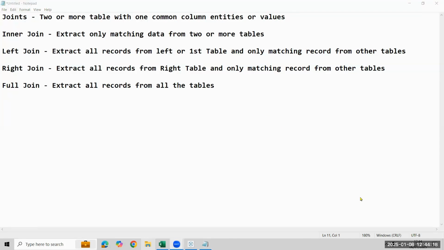So the first question here is joins. When I'm talking about matching data and all, it is referring to multiple tables. So always remember in Tableau, joins will work in the physical layer. So that is the first condition. What is the physical layer? We'll understand after this. Now, when I'm talking about inner join, you should have two tables